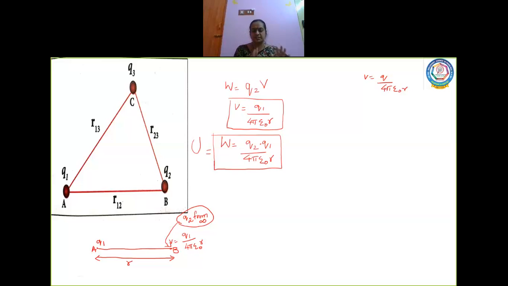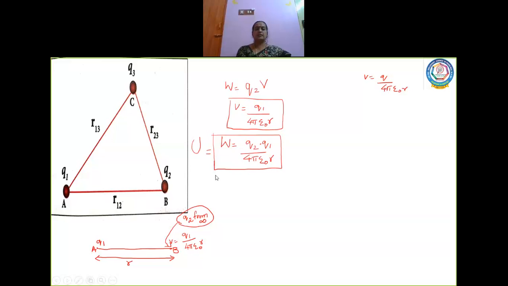Only if you understand, I can go to the next part, which is nothing but potential energy due to a collection of point charges. Now what is the diagram about? Here I have three charges. I am going to bring the charges one by one. The first two I have already brought. Let us not bother about this, forget about this. I'm going to start with a new explanation again.